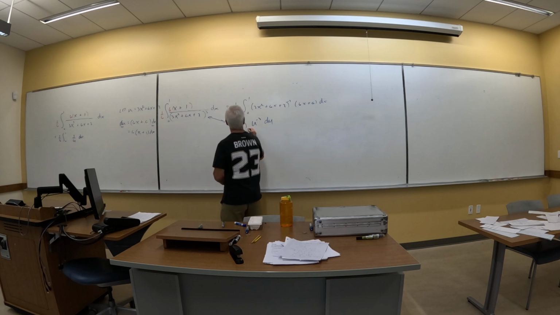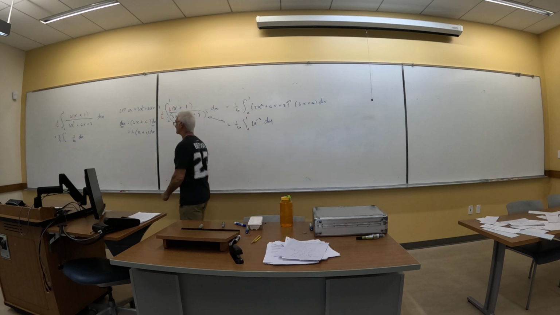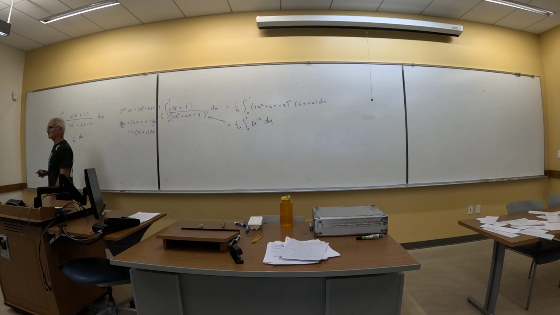Now, what do you think about this? Well, let's continue this one just for now. This is going to be what? 1/6 natural log absolute value of u from 0 to 1. Hey, so far so good, right? Are you going to change the limits? Well,